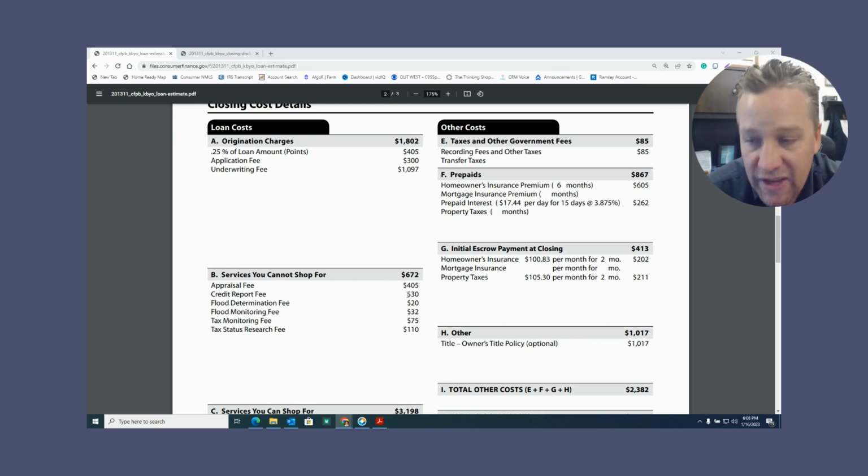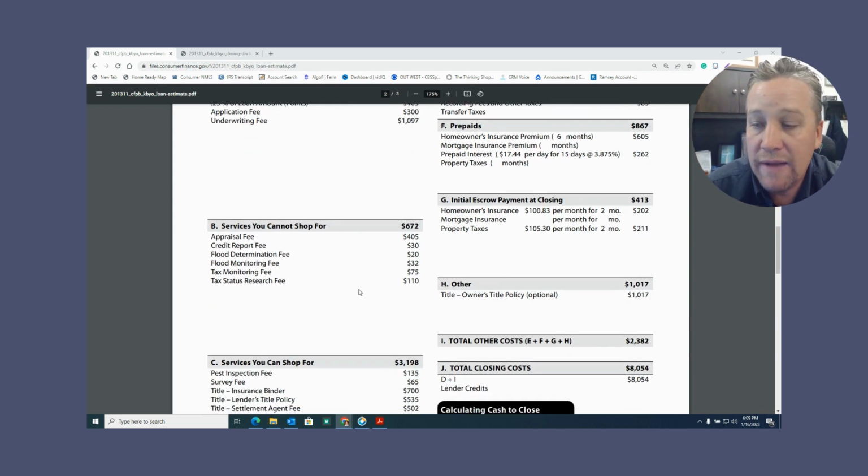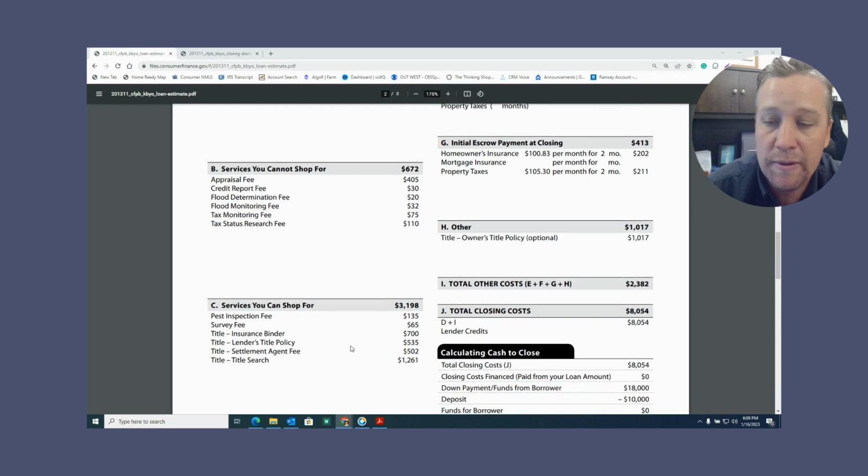But any of these fees for third-party services have to be the actual invoice. So it can't be something where we quote you $405 for the appraisal and it's only $350 and we keep the difference. Anything that's a third-party fee of one of our vendors, we have to match exactly what their invoice is. Next, you're going to have services you can shop for, which would be like a pest fee, a survey,